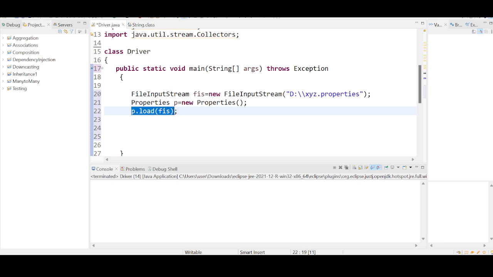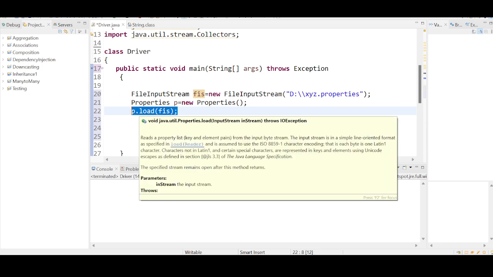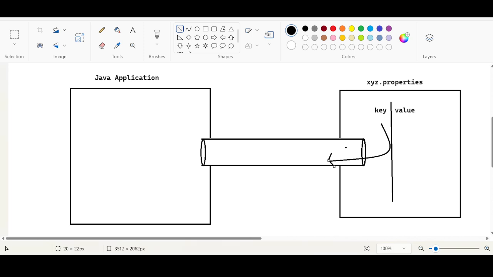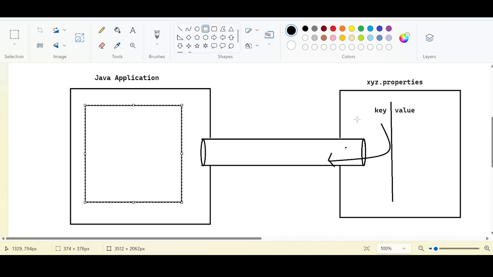Key information. Okay, you're loading the information. That's it. P.load. Load is a method, and you are loading what? You're loading this reference variable. So this line is going to build a connection between the Java application and the what? Properties file. That's it. The connection is created, right? Now you need to write some code here so that this key information can be extracted from the properties file,